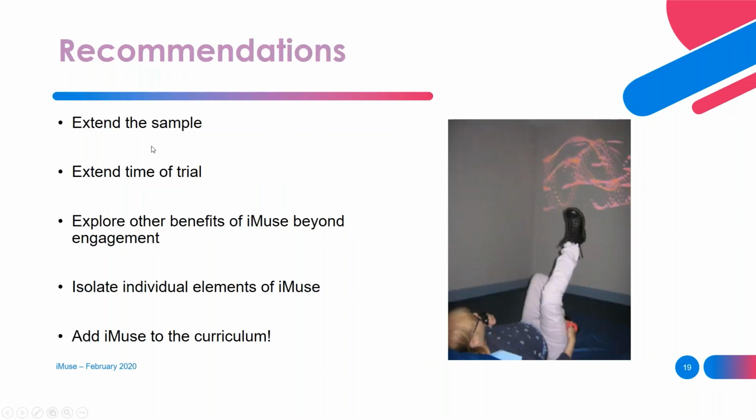So I recommended that I extend the sample. So not only to have more students, but to maybe look at a more varied sample. So to see if it would be of benefit to perhaps the students with autism or students with anxiety issues, or maybe with milder learning difficulties, as well as looking at a bigger group of students. Looking at extending the trial over a longer period of time, and then exploring the benefits of iMuse beyond engagement. So looking if iMuse has an effect on other factors other than engagement, so perhaps target achievement, or maybe it reduces anxiety levels. As I said, isolating the individual elements of iMuse, so looking at the visual element, the music